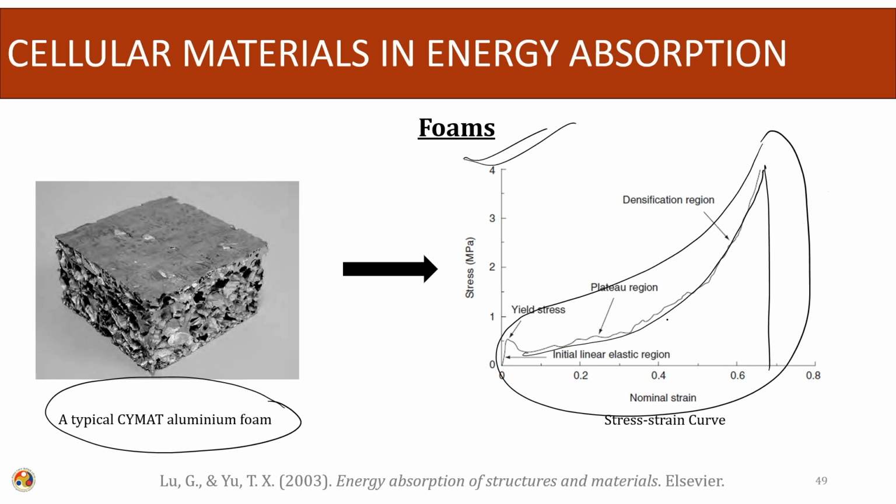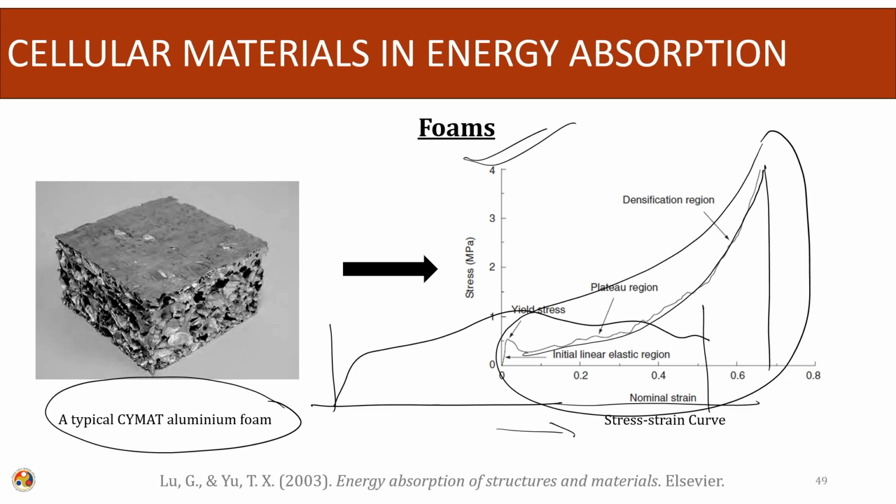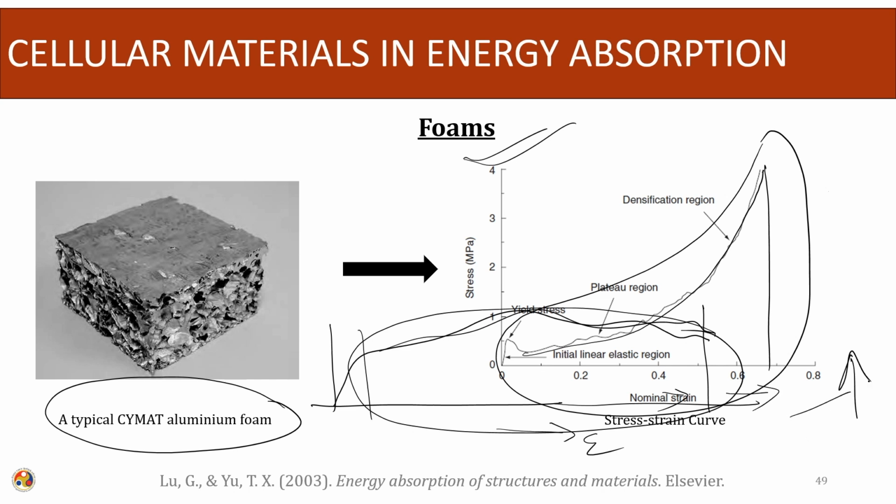So, one characteristic of any energy absorbing material is that the plateau region will be very large. The total strain will also be very high, and the deformation that it undergoes will also be large. Thereby, the area under this becomes very large, and the total energy absorption per unit mass becomes more. So, this type of material is efficient in energy absorption. Moving ahead.